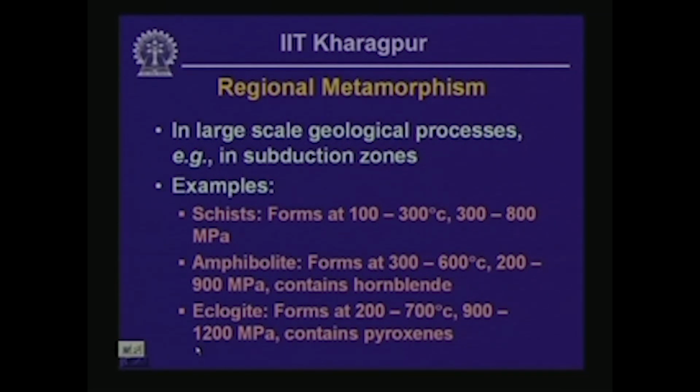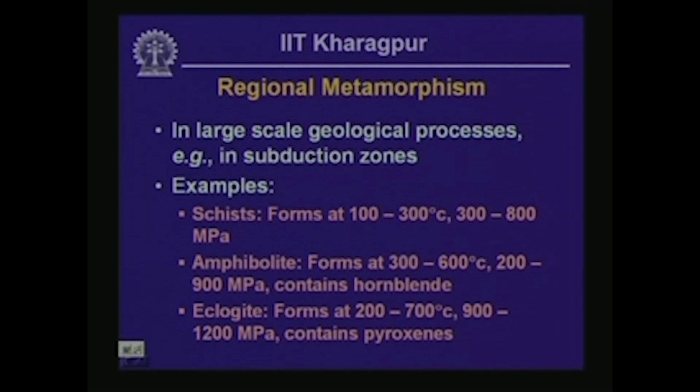Okay, the second type of metamorphism that we want to consider is regional metamorphism. As I mentioned earlier, this type of metamorphism takes place because of large geological processes such as those near subduction zones or mountain building, and examples of metamorphic rocks that arise because of regional metamorphism include schists. The formation temperature in this case is typically between 100 and 300 degrees Celsius, and formation pressure is typically between 300 and 800 MPa. Amphibolite,